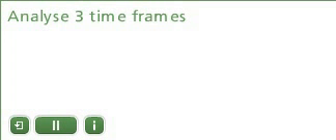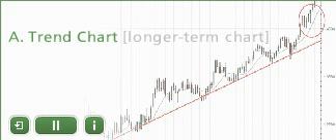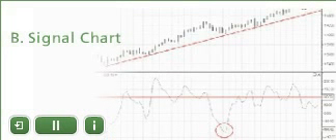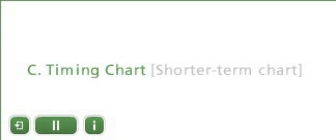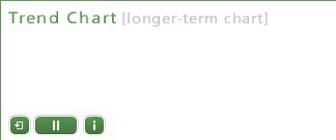You should consider analyzing at least 3 charts or time frames in your technical analysis: a trend chart, which is a longer-term chart, a signal chart, which is the chart you typically use, and a timing chart, which is a shorter-term chart. The trend chart is a longer-term chart that helps you identify the predominant trend you should be looking to